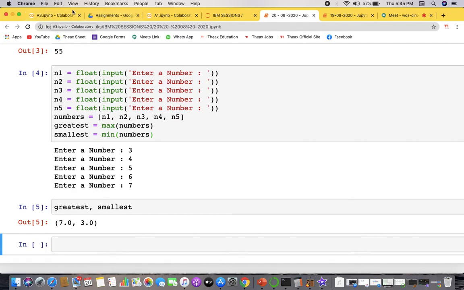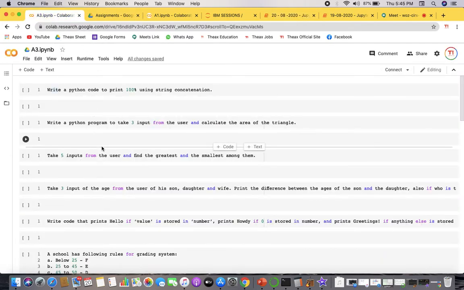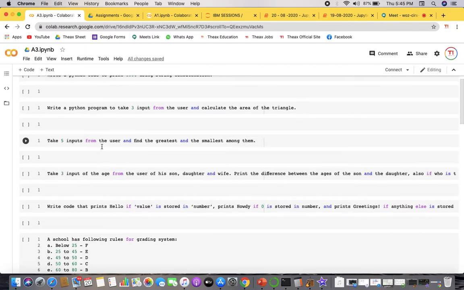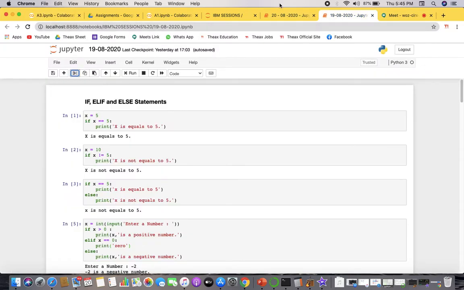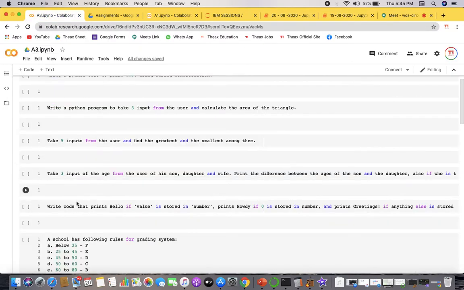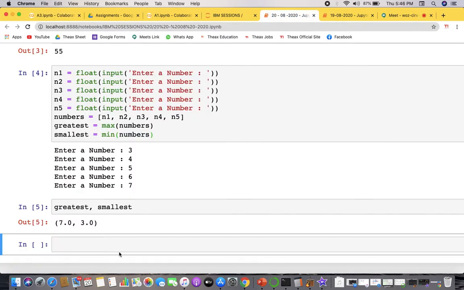Which question? It says write a code that prints hello if a value is stored in number, prints howdy if zero is stored in number. Got it. So it has been asked to print hello if a value is stored in a number, and print howdy if zero is stored in a number. So basically you have to take a variable named number, and then whatever is stored in there you have to print it accordingly. Let's say that this is your number,